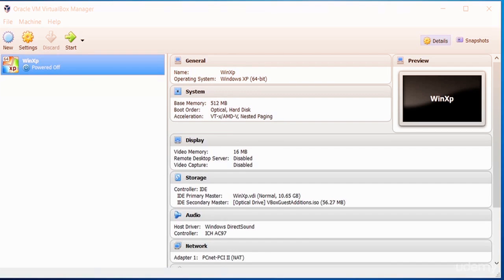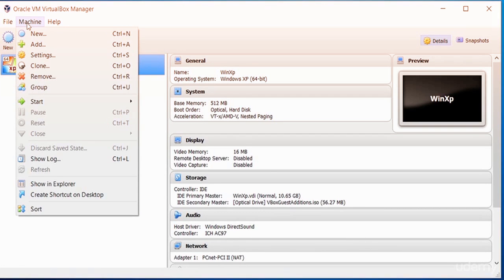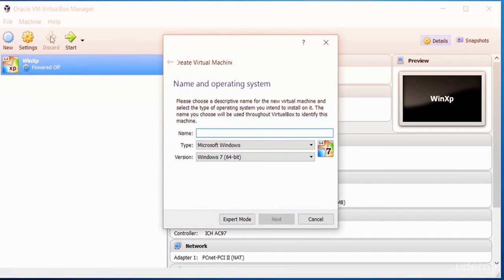So now we've managed to download the Kali Linux ISO file, and we need to start installing that. So what we need to do is, in our VirtualBox environment, we need to start creating a new operating system, a virtual operating system within VirtualBox. So we go to New, and once I go to New, I need to create a name and operating system. So for here, I'll type in Kali,